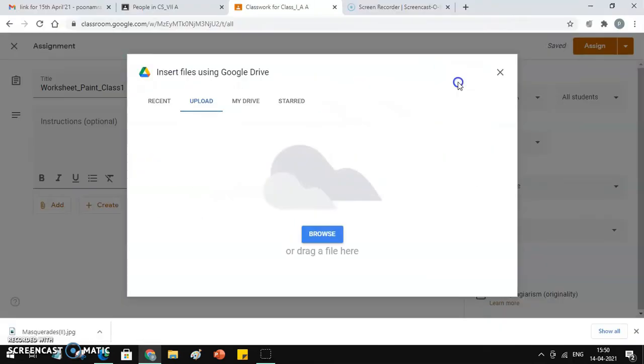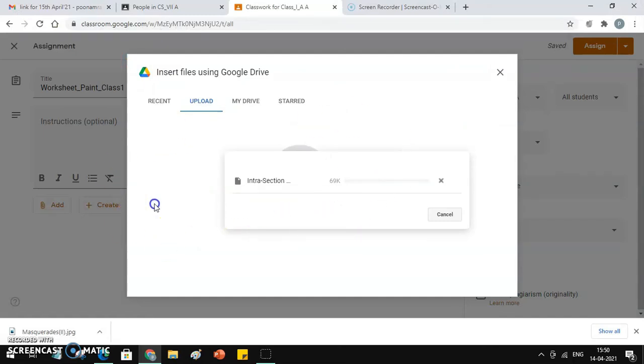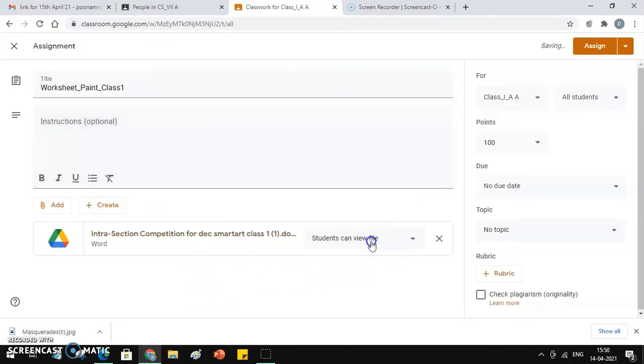Suppose I just attach this document in which I have given the instructions, so it will be uploaded, and over here it is given 'student can view the file'. If you want them to view the file, just use this option, and it is better to let them view. And if you want them to do the corrections, suppose you have sent the worksheet and you want a